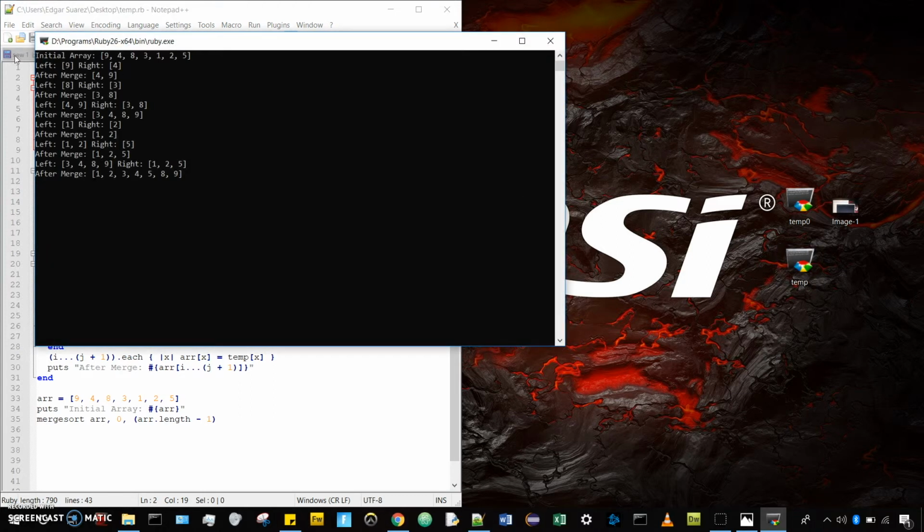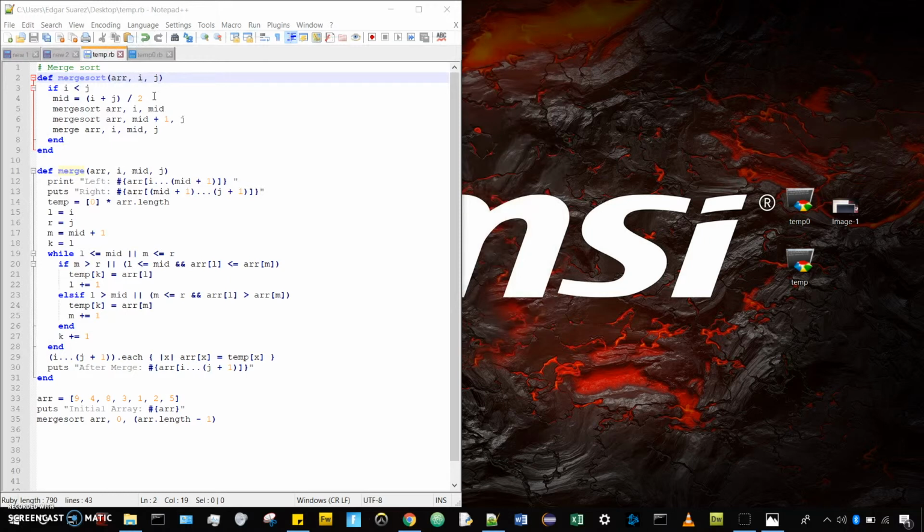Okay, and this is what it outputs: the initial array, and then after the merge sort, it's all sorted down here. Another interesting thing to observe about this program is that it doesn't really have a main. Our actual main is just at the end of it. We use our merge sort, which is already predefined over here.